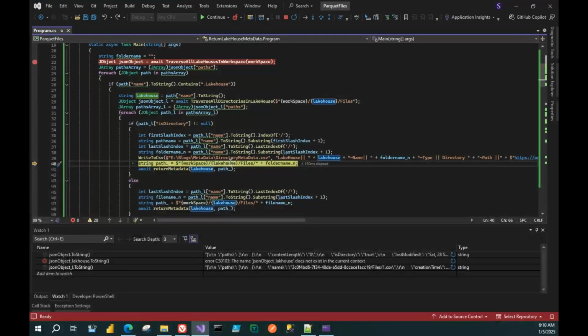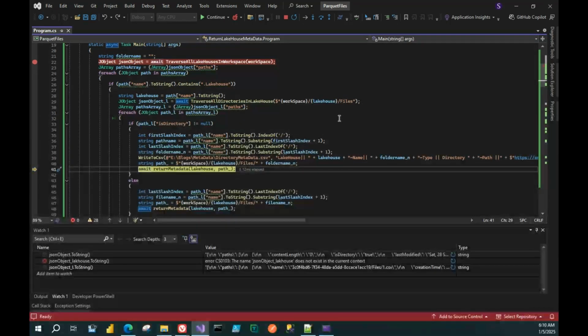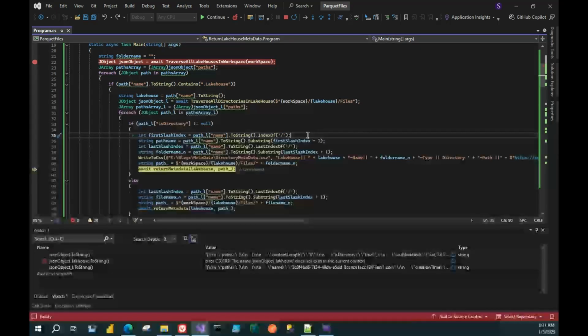Okay, now basically what should happen is that our code should check if this folder contains a subdirectory. So basically, it should run into a recursion, right? So this is what happens. This is what I did. I executed the same method. I called the same function, return metadata, and